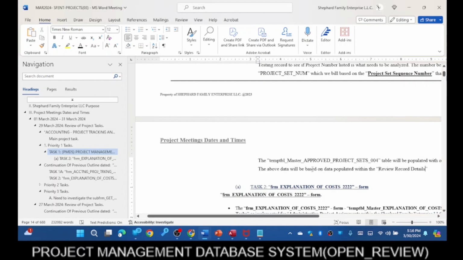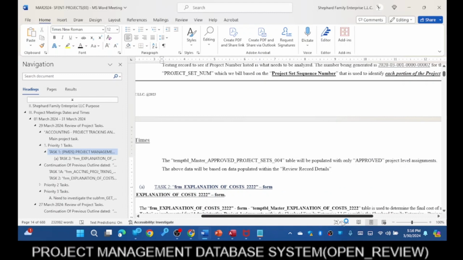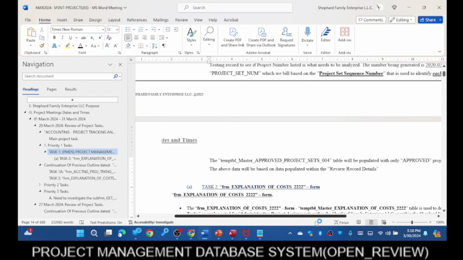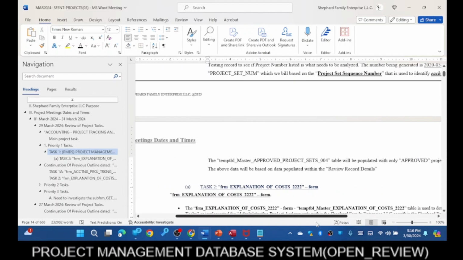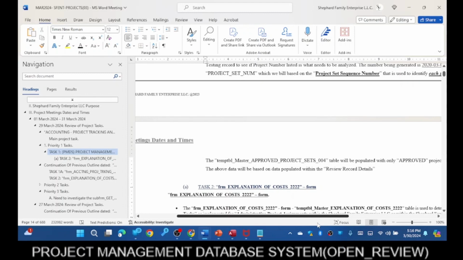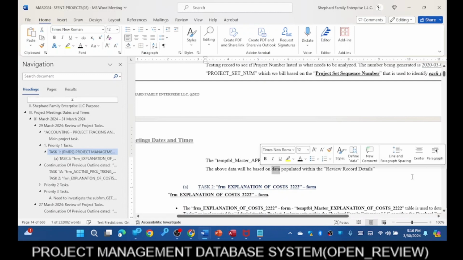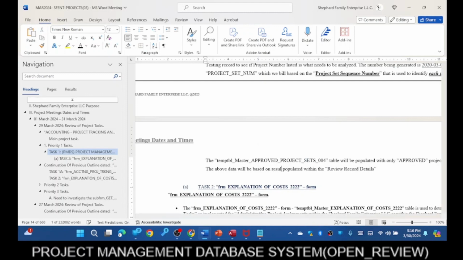Populate the data populated within the assignment. The above data will be based on the information, the results populated. I'm going to say results, that's probably better. Populated when the